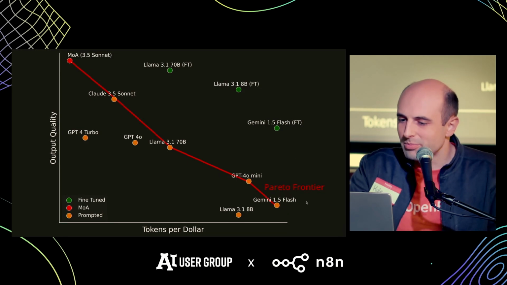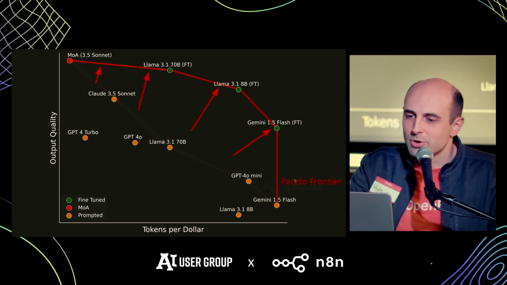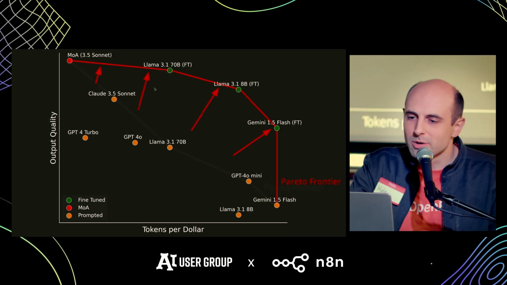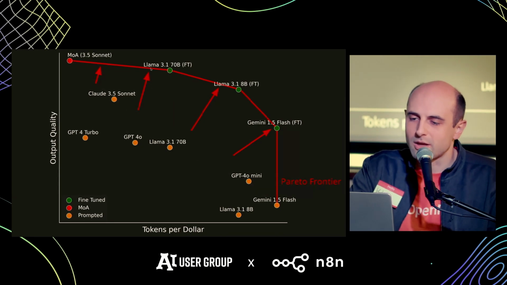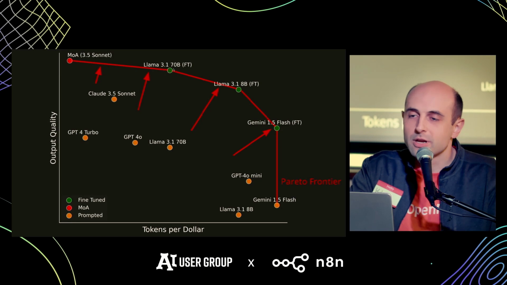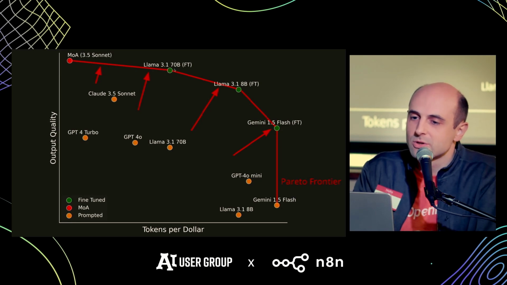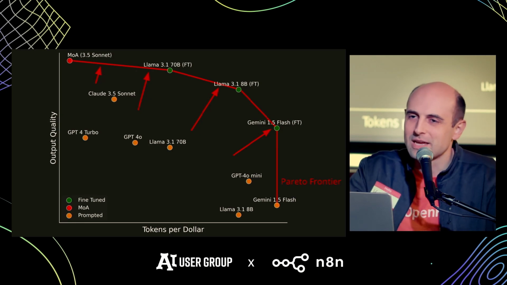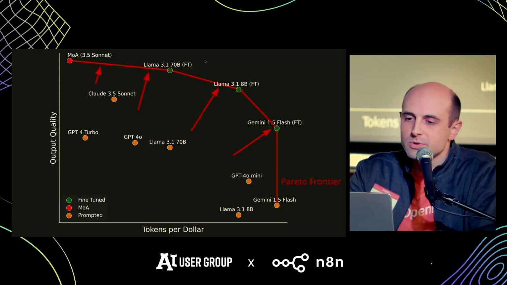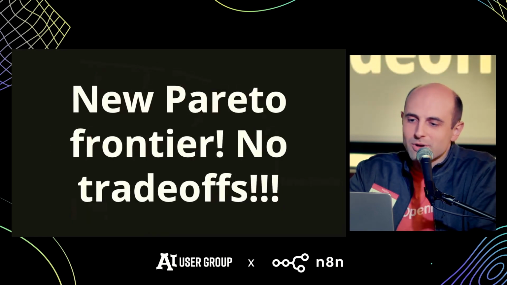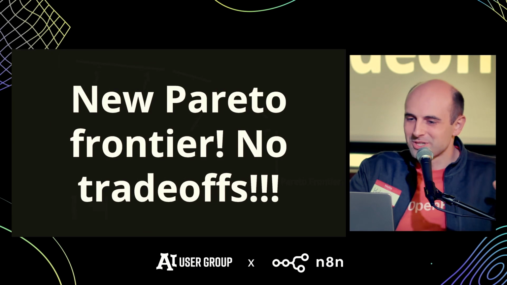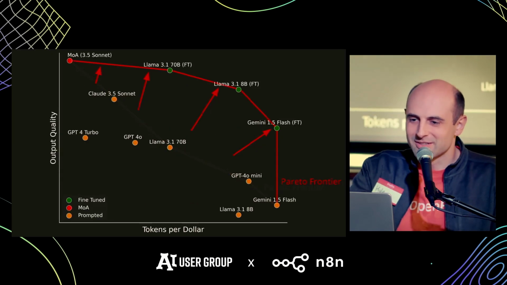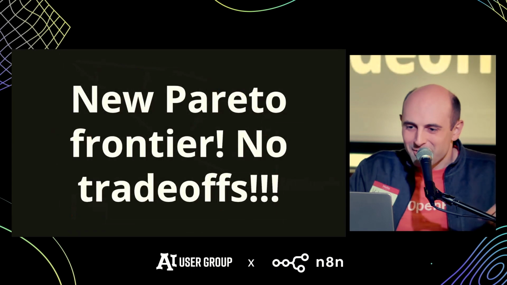What does this do to the Pareto frontier we have here of the cost versus quality trade-off? If we incorporate those, boom, it just moves way further out. Wherever you want to be on that frontier, however much you can spend, however much latency you can afford, you're going to get a better result with a fine-tuned model that is specific to your task than if you're just using a general prompted model that has to be good at your task and a million other people's tasks as well. That's the whole thing. That's the reason you would do fine-tuning. Super exciting. We pushed out the Pareto frontier. So satisfying. Awesome, no trade-offs. We should all be doing fine-tuning, right?